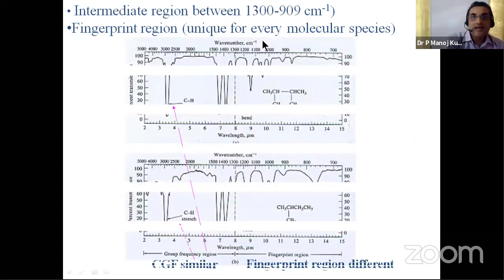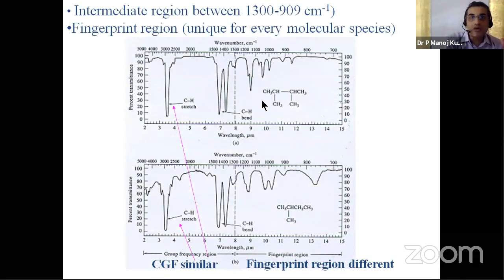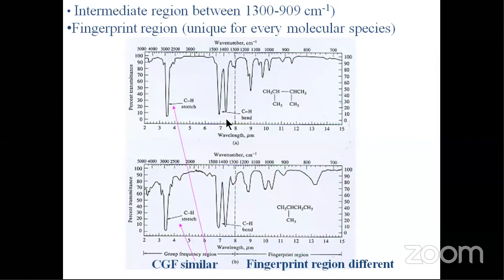You get a region between 900 to 1300 centimeter inverse. What is the significance of this region? Here I've taken two molecules. One is mono-substituted, another one is di-substituted. If I take the mono-substituted and di-substituted, you can see that the functional group region,